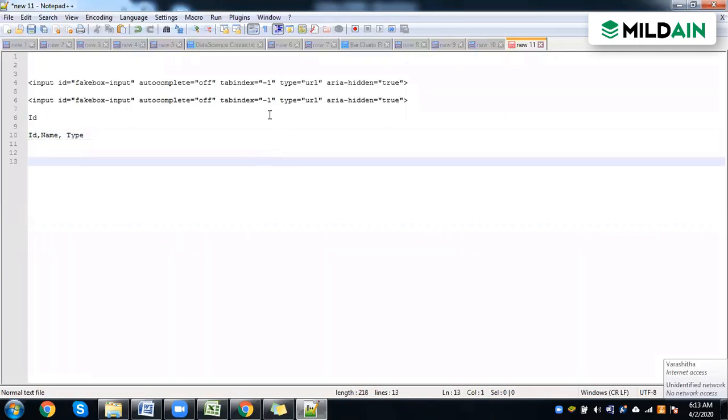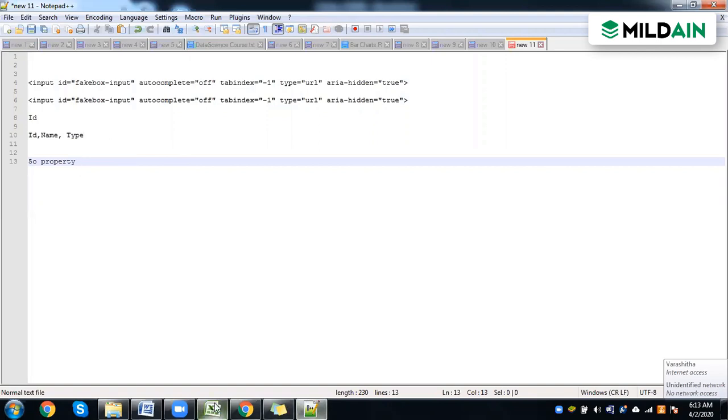Based on these three properties, in a paid tool like TestComplete, it will be converted into 50 properties, which helps to easily identify it and perform the operation.